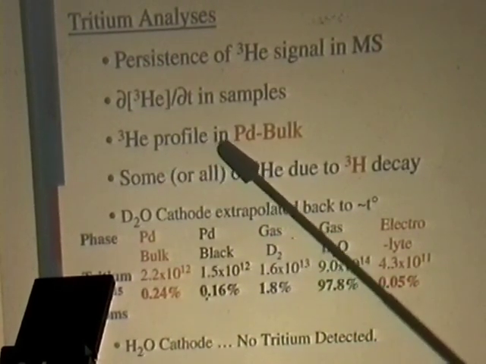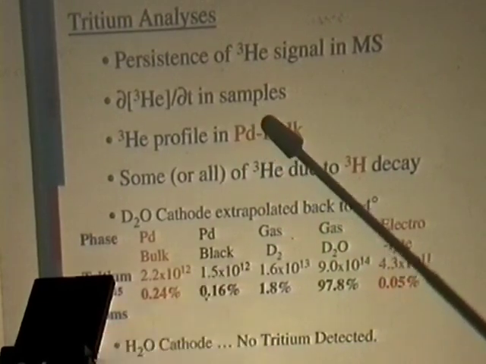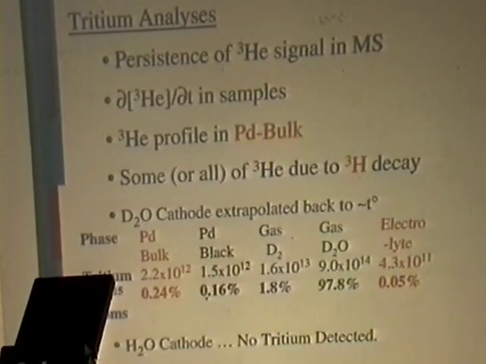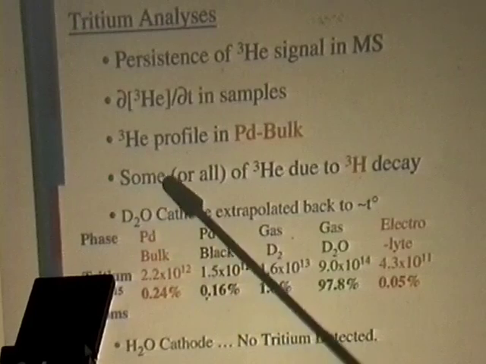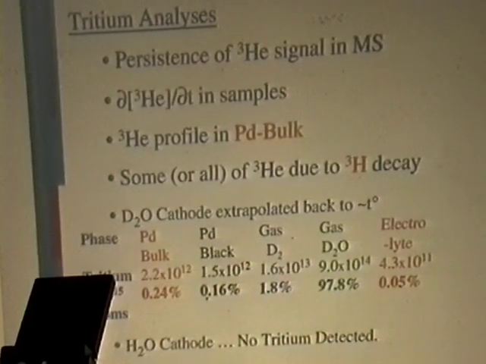You can also profile in the radial direction the metal walls, and you find that there's a somewhat exponential gradient of composition of helium-3 in the metal wall. This is not consistent with the helium-3 being diffused. Helium-3 doesn't diffuse that far or that well in palladium. This is consistent only with the helium-3 being derived from the decay of tritium as the tritium was diffusing through the metal wall. So we can conclude that some or all of the helium-3 is due, in fact, to tritium